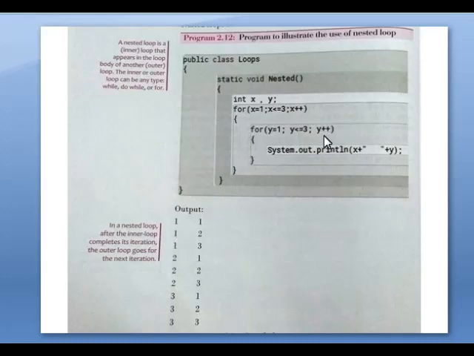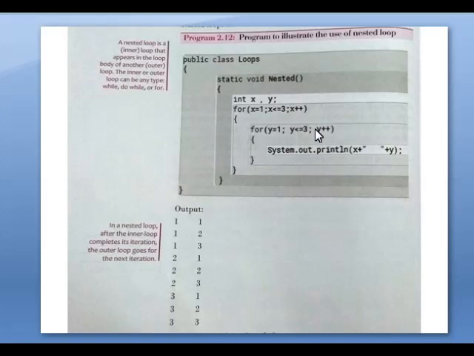When y becomes false, then x will increment the value by 1. Now x is 1, y value is 2, 2 less than or equal to 3, yes, the condition is true, so we print the value of x and y, that is 1 2. Now x value is still 1, because y has not become false. y increments to 3, 3 less than or equal to 3, yes, 3 is equal to 3, so we print 1 3. Now y increments to 4, and here the condition becomes false.